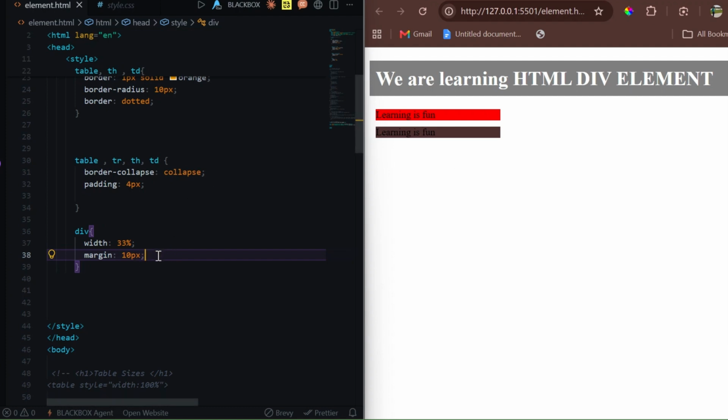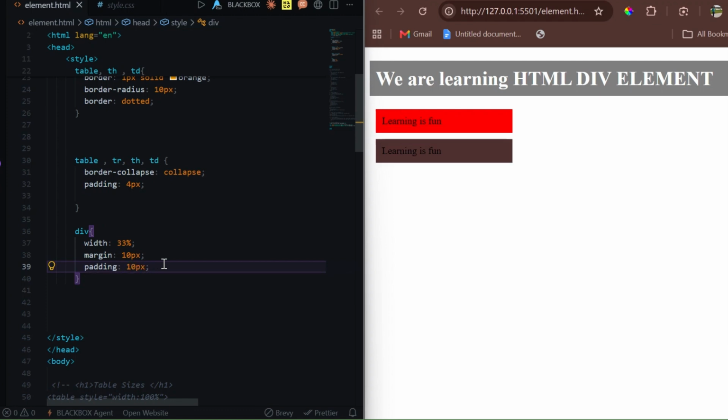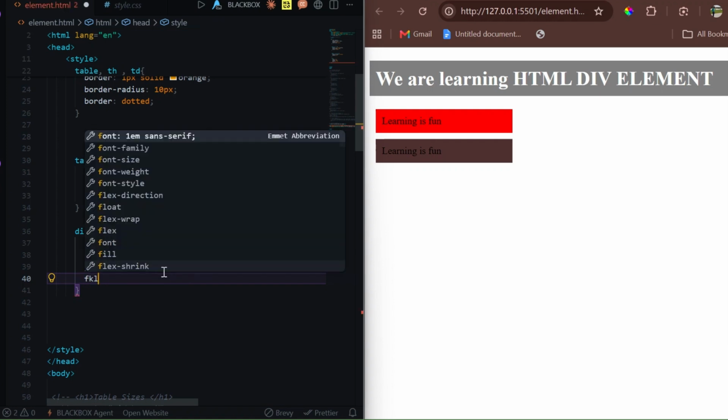Remember that the margin property is meant to give external spacing to our elements. We can also give maybe some padding, so an internal spacing for the element. So we can give it maybe 10 pixels, the units, so we have proper spacing for each of them. Now, since div is a block level element, you can see that they are stacked on each other. What we want to do now is to put them side by side, for which we are going to be using the float